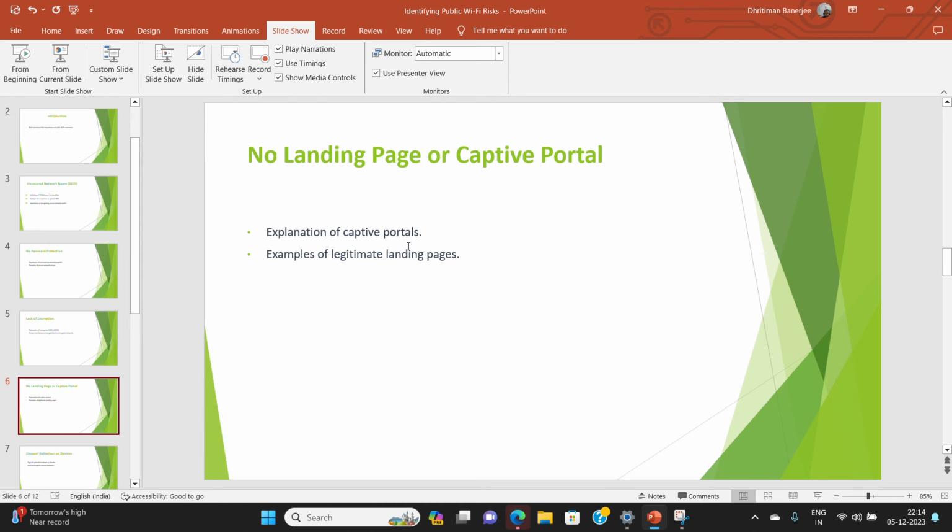When you are traveling, in a railway station or an airport, there is generally a portal page before you connect to the internet, where they may ask you for some information. The captive portal should start with HTTPS. It should not be HTTP, to prevent man in the middle attacks. That is very important.